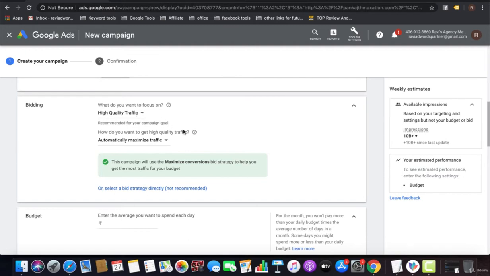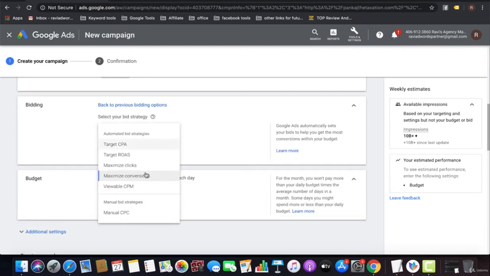You can choose an automatic bidding strategy directly, or you can choose a manual bidding strategy. These are the automatic bidding strategies, and I am going to select target CPA. In the target CPA bidding strategy, it will try to get more goals at the CPA amount you are bidding.